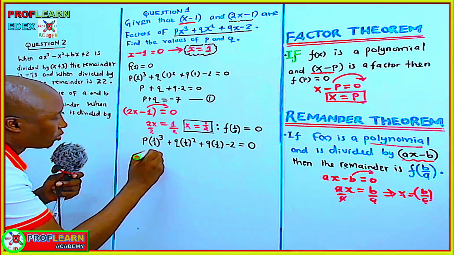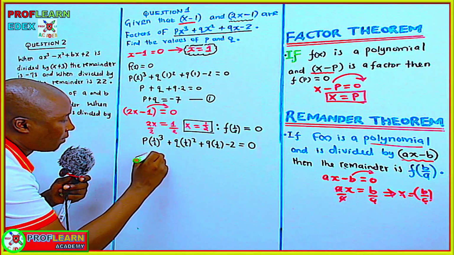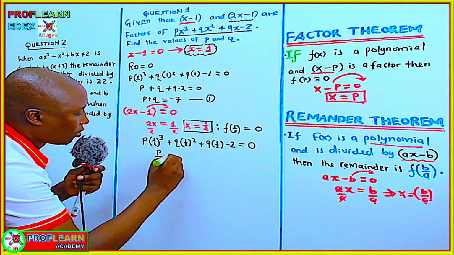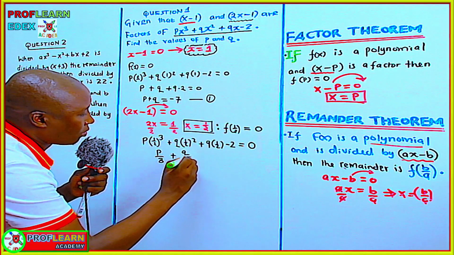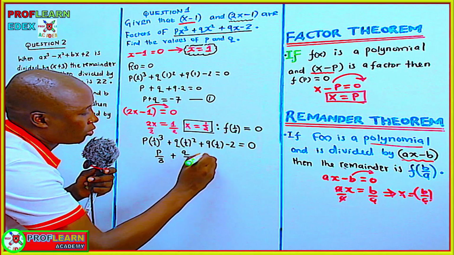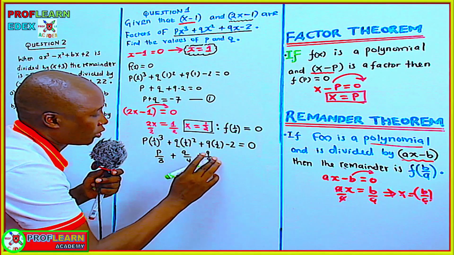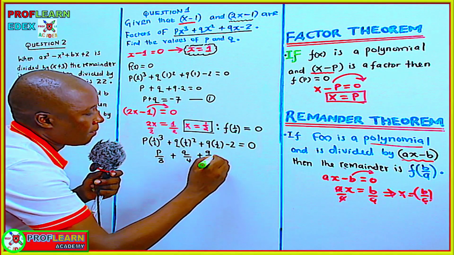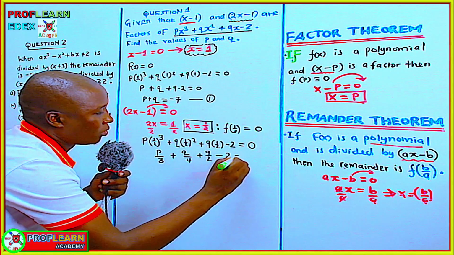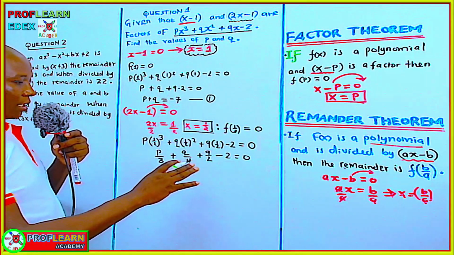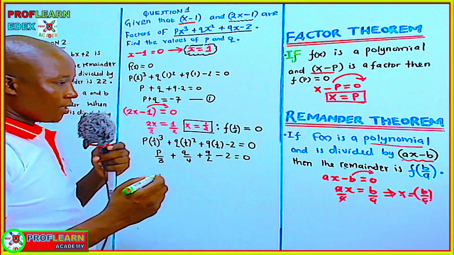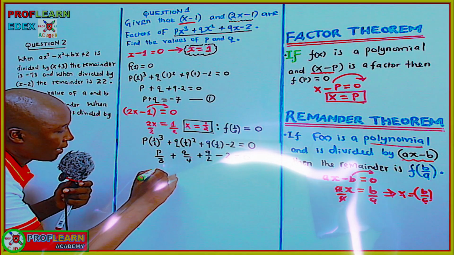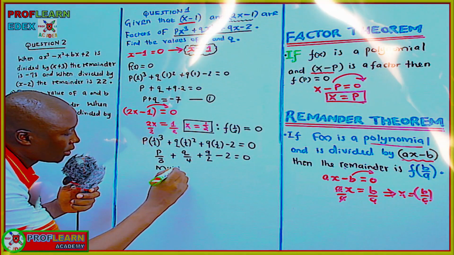Then this is going to translate to p over 8, and this is going to translate to q over 4. This is going to translate to 9 over 2, and minus 2 is equal to 0. So all through here, what I need to do is to multiply all through by 8. If I multiply all through by 8, everything here is going to reduce to p